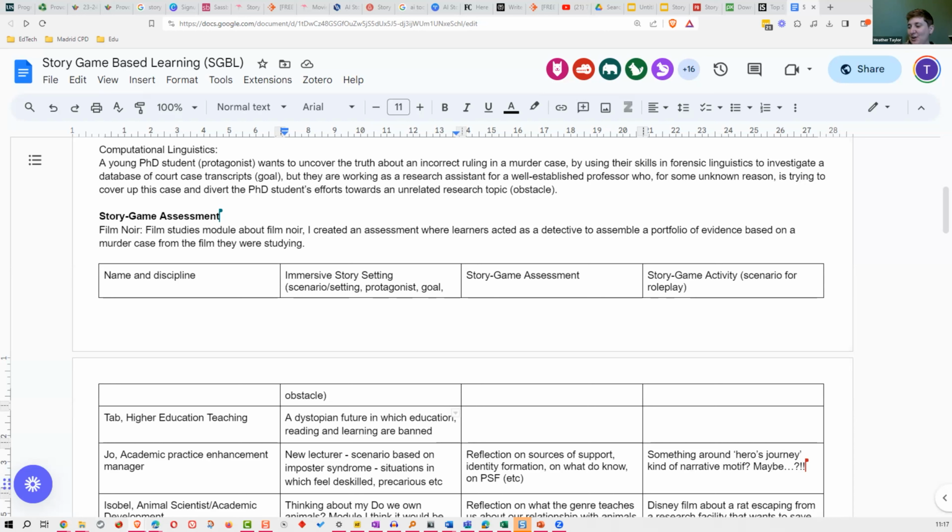I just wondered what your views are on whether it should be targeted towards something quite specific, an element of a module, or if it would work across gauging their knowledge and understanding of an entire module's content. Yeah, it's a great question. I think it's quite flexible. So you could just focus it on a particular element of a module, a particular activity, a particular task. But I think it's in some ways more powerful when you create the whole module in that sort of image.